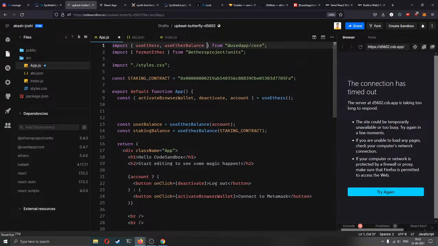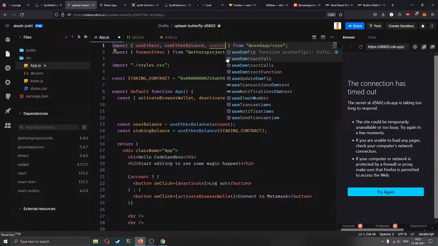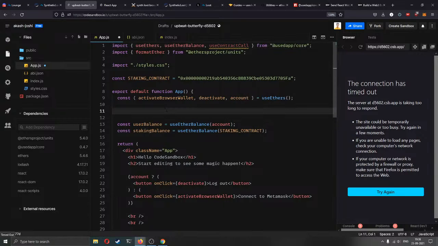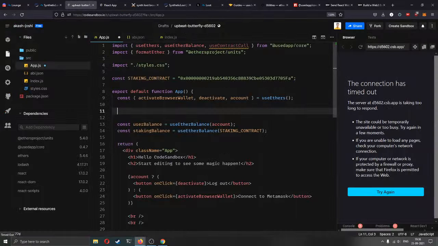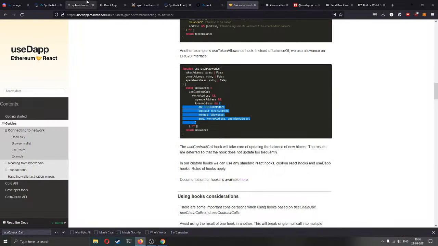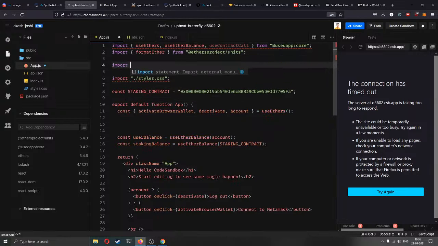So I can import use contract call from here, and again let's just copy the format from here for now to not make it that complicated. I do need to check how the interface can be used, so I'll just try to use the ABI directly. So import ABI from /ABI.json